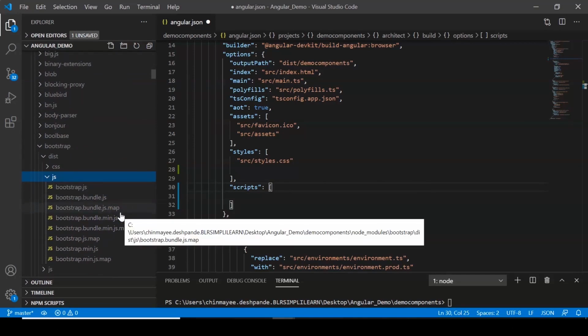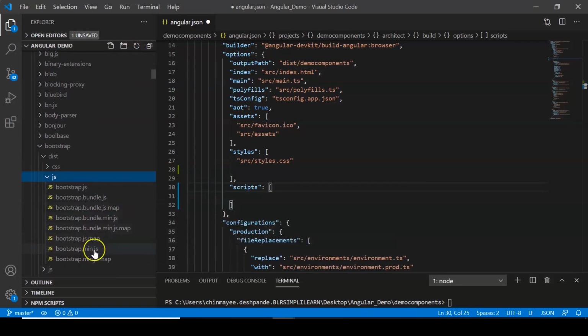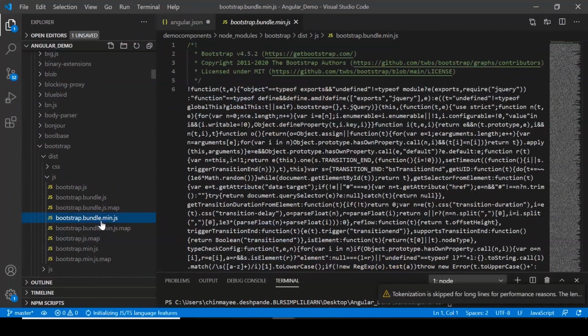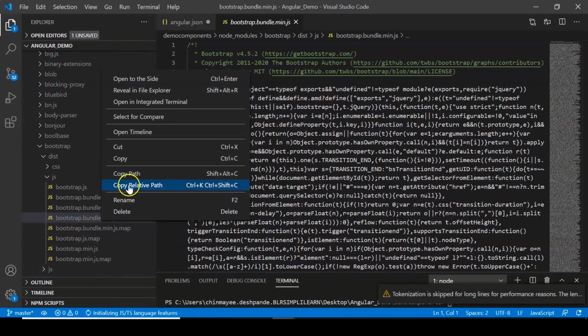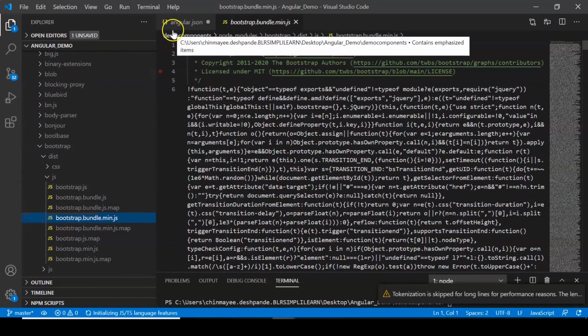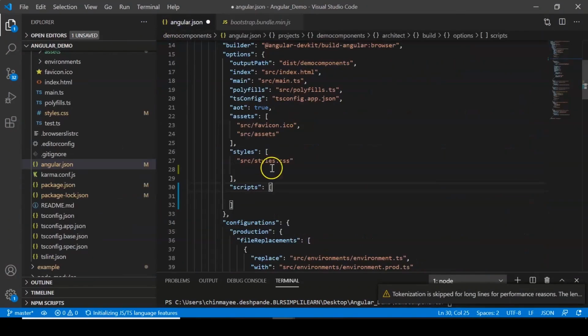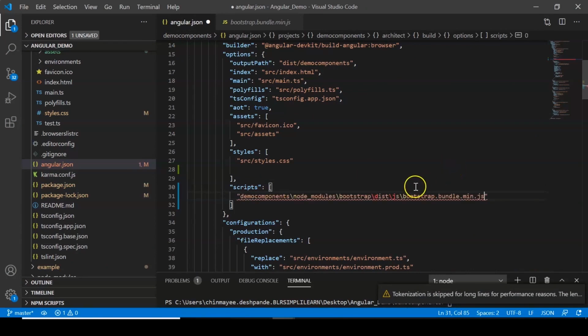And then you can see you have bootstrap.min.js. Well, I'm sorry, we need bootstrap.bundle.min.js. So here you can just right click and say copy relative path. And back in my JSON file, in my scripts, I'm going to just paste it here. And make sure to make it a path by providing ./